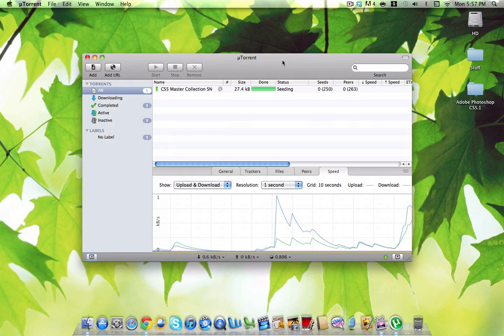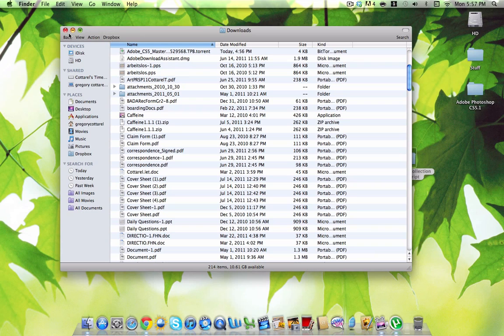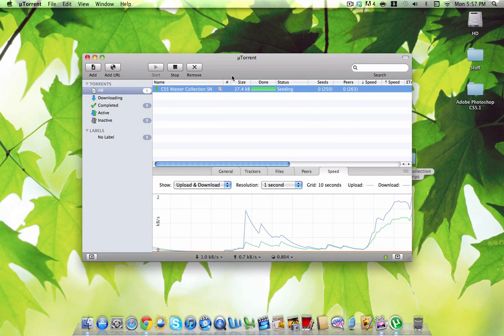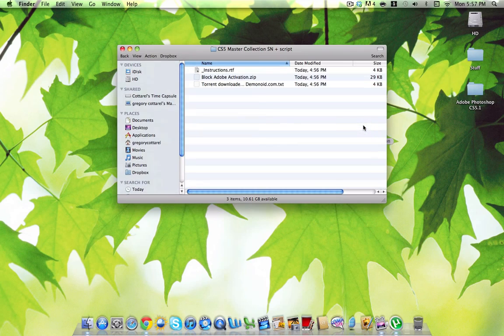So once Photoshop's done downloading, you'll have this folder on your desktop, but before you do anything with that, you're going to go back to uTorrent, and this file should have downloaded in like 5 seconds. You're going to click on this, and then you'll get this folder. You can drag that to wherever you want. I'm going to drag it to my desktop for easy access, and then you can just quit uTorrent. Then you're going to open this folder,